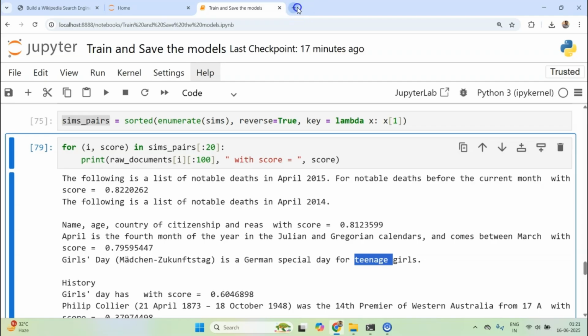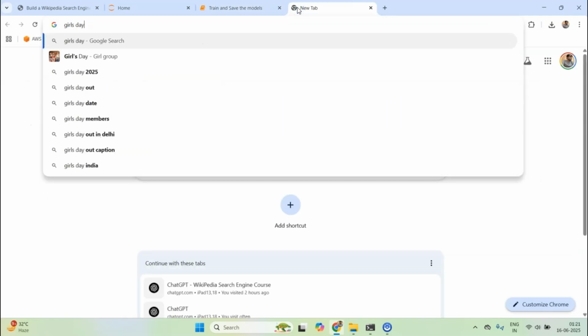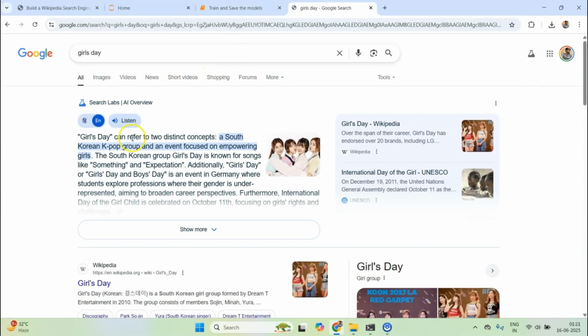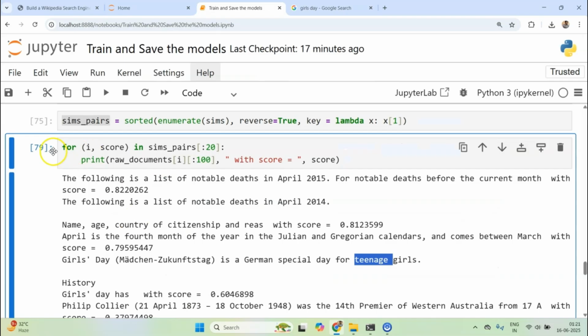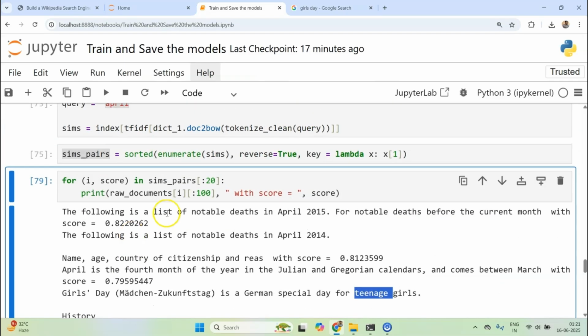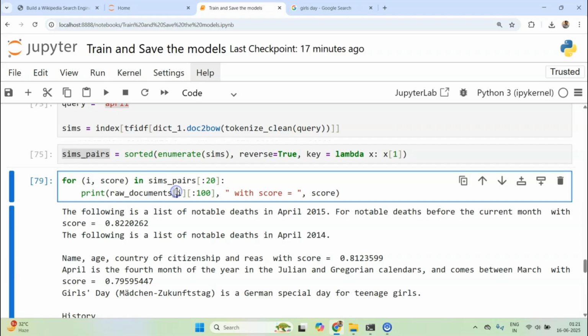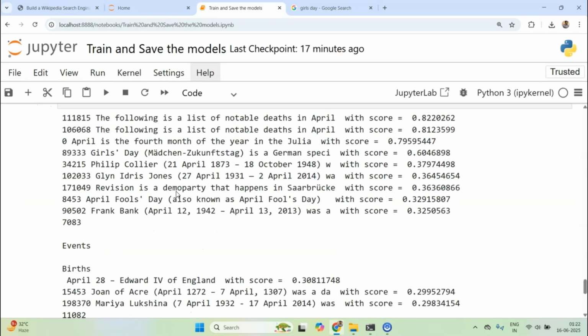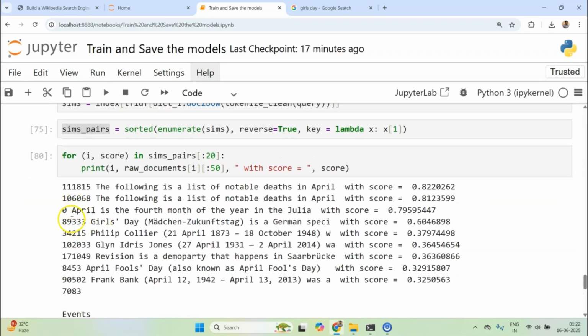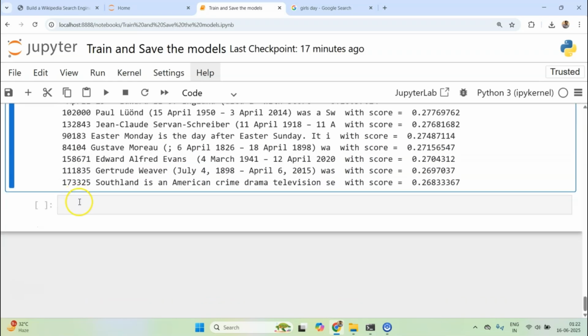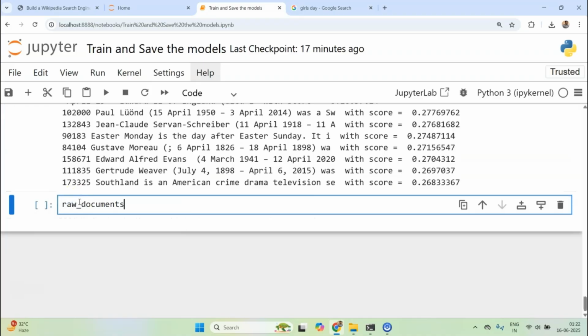What is Girls Day? Let me look at it. Is it something related to April? Let me print the index as well, and only print 50 again. And what was the girls one? This one. Let's print the raw document in full.